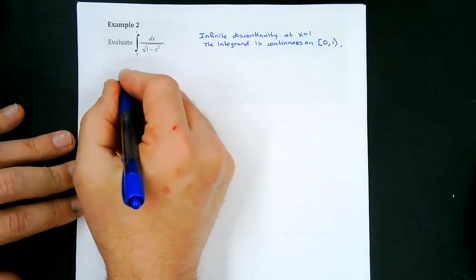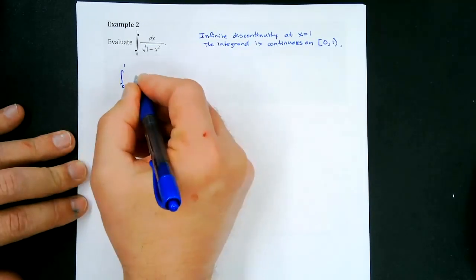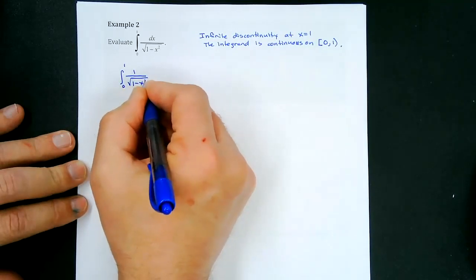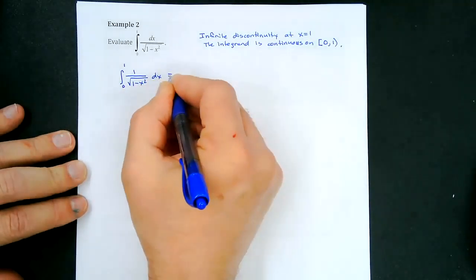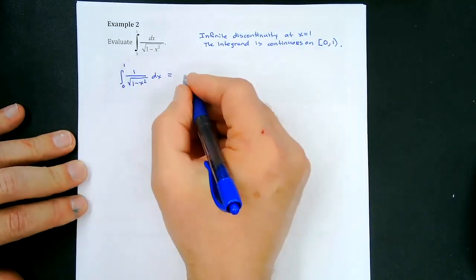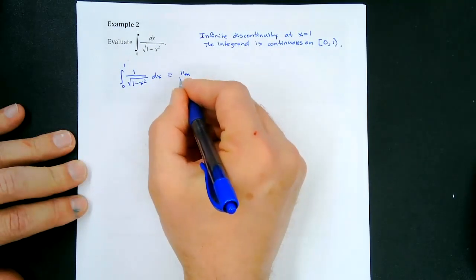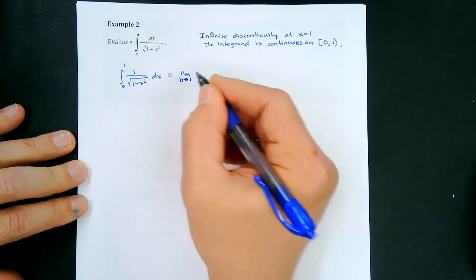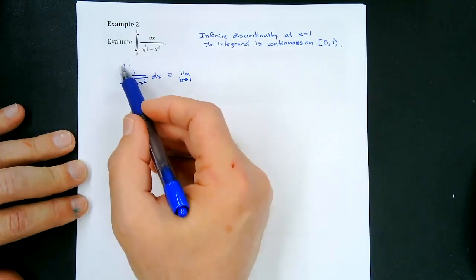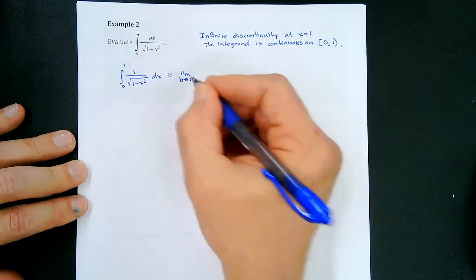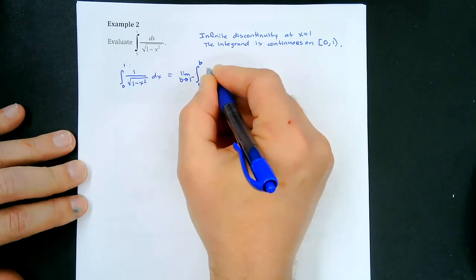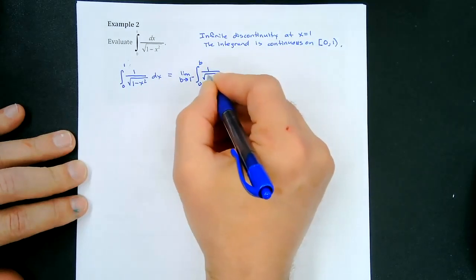Okay, so the integral from 0 to 1 of 1 over the square root of 1 minus x squared dx becomes, and since the infinite discontinuity is 1, I'm going to call this one my b, so I'm going to let b. So the limit as b approaches 1, but from what side of 1? Since we're integrating from 0 to 1, we want to approach 1 from the left side of 1. And then this is going to be the integral from 0 to b of 1 over the square root of 1 minus x squared